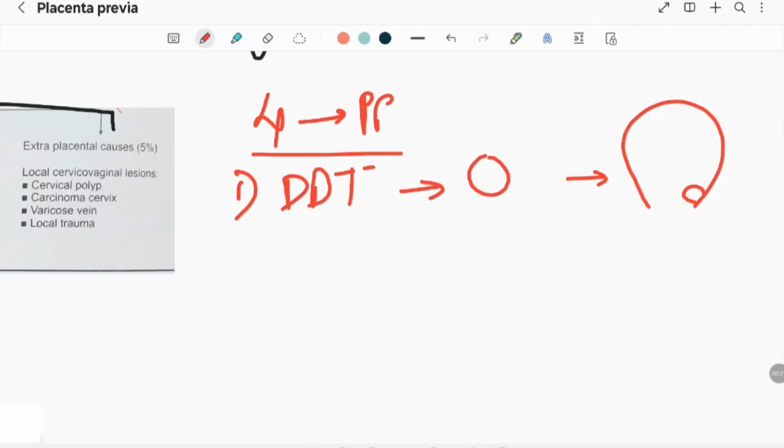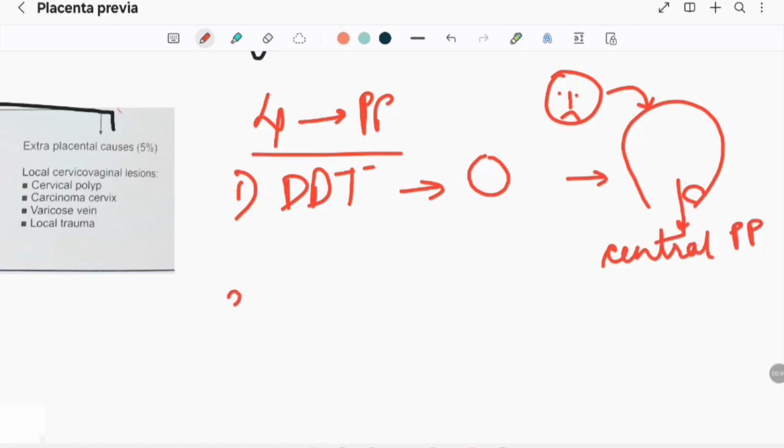of the uterus. Poor decidual reaction in the upper segment may be the cause. This explains the formation of central placenta previa. Then the next theory is persistence of